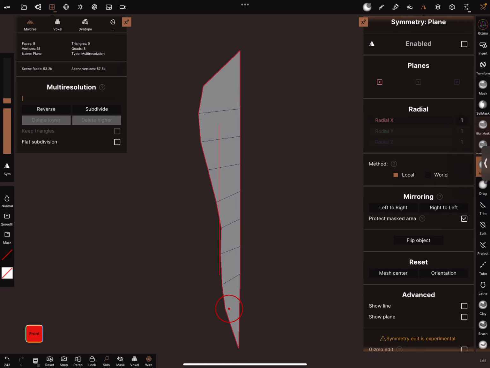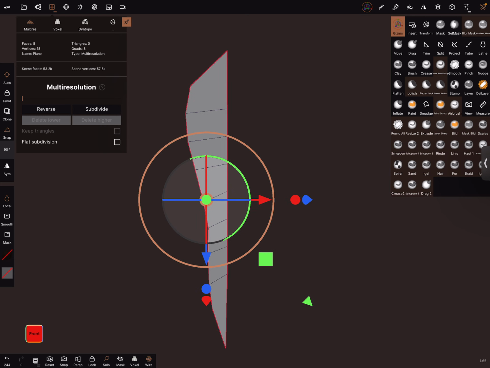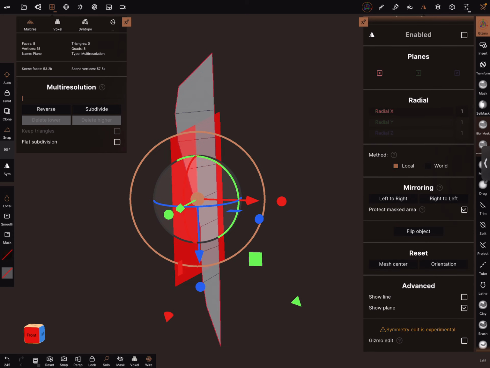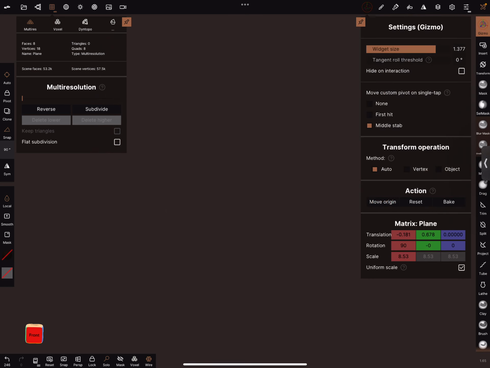We can use the symmetry local gizmo. Where's our show plane? Okay, we have to do it the other way. Move origin.